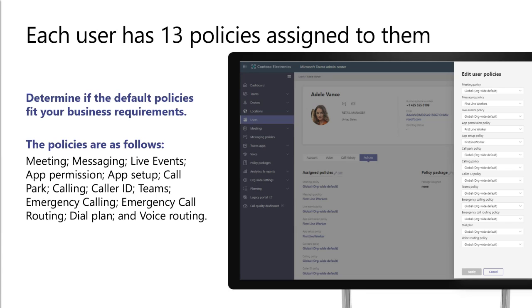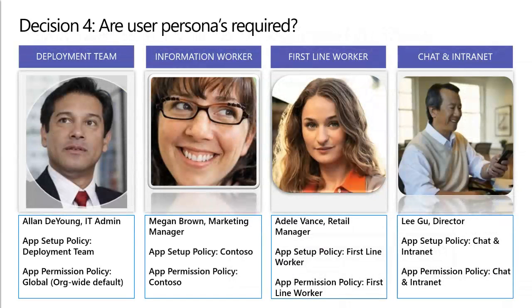All right, decision 4, are user personas required? Before your governance team reviews all the app settings, you may want to determine who in your organization can have broader or more limited access. I call this a curated experience. To create it, you may want to evaluate the user personas in your company. And if you haven't done it, that's okay. This can certainly still be a phase 2. But if you need it out of the gate and you need to curate that experience, you need to probably